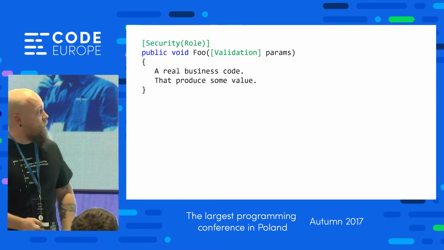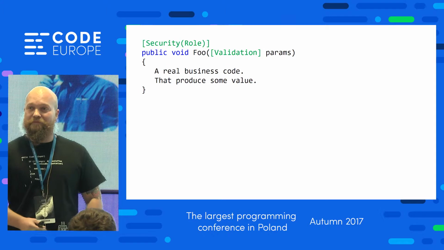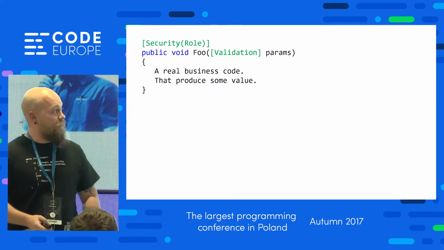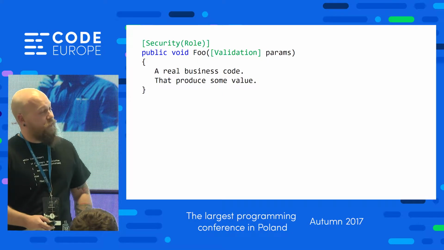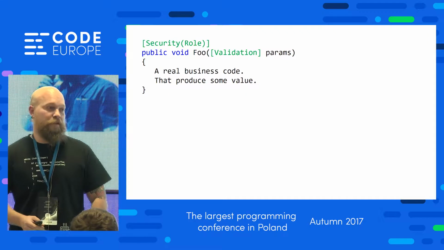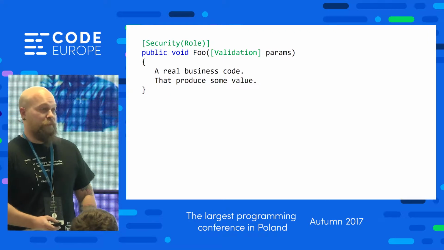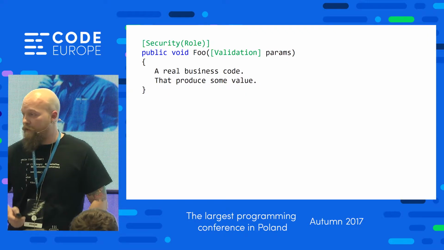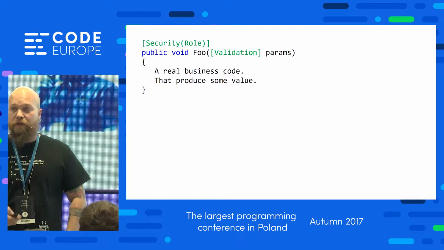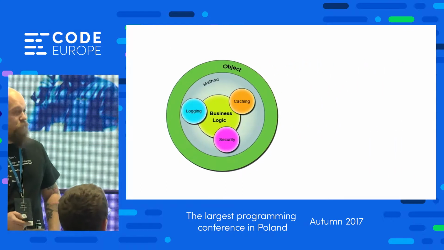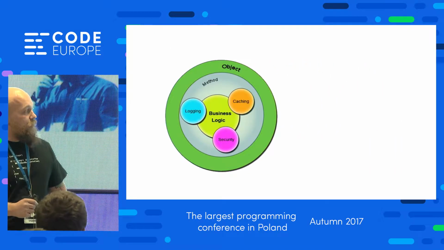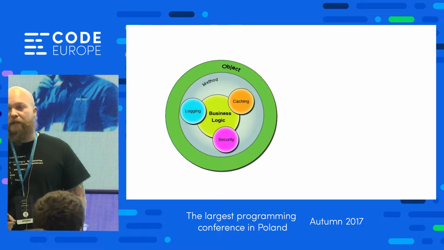With aspects, it can be written in a much smaller number of lines of code, right? Some of the validation can be implemented on an assembly level, and I'm going to show you how it can work and be implemented. If we take a look at the bigger picture, one slide back, we are messing with different cross-cutting concerns